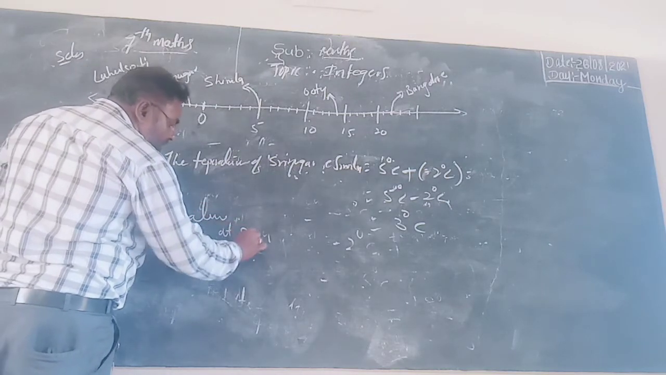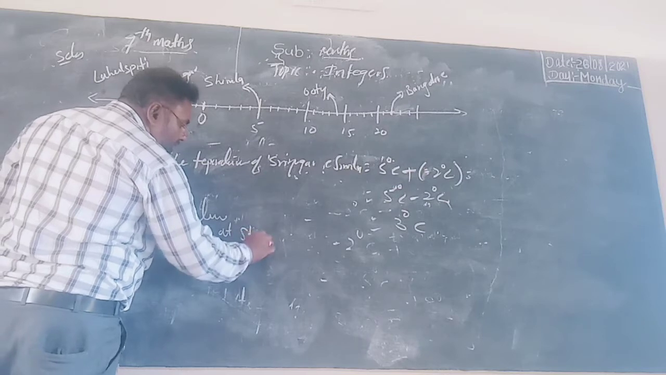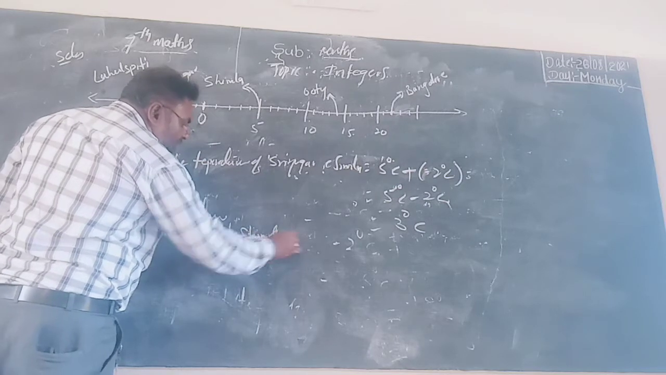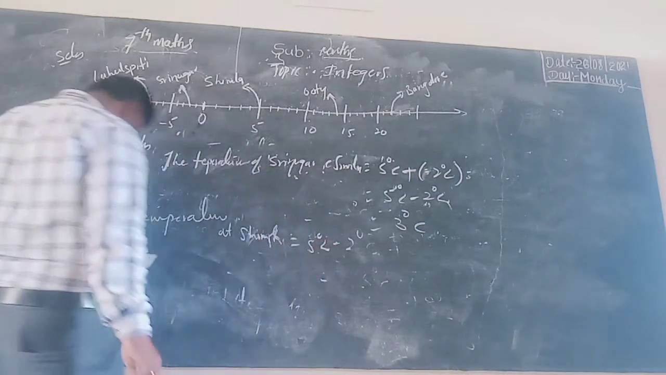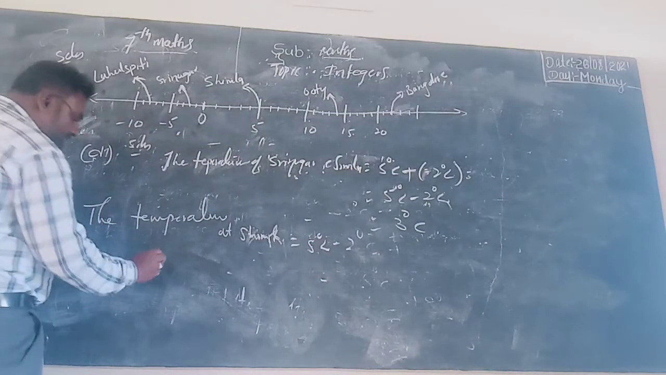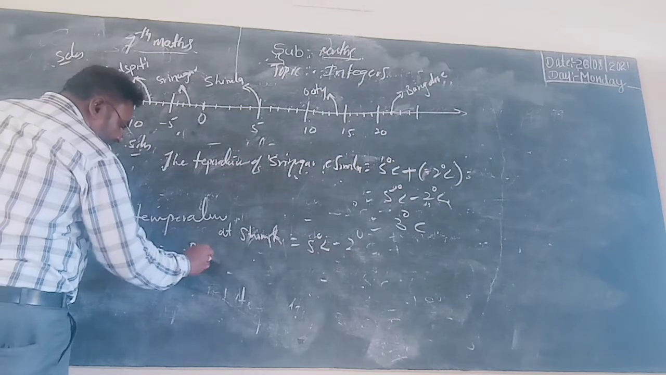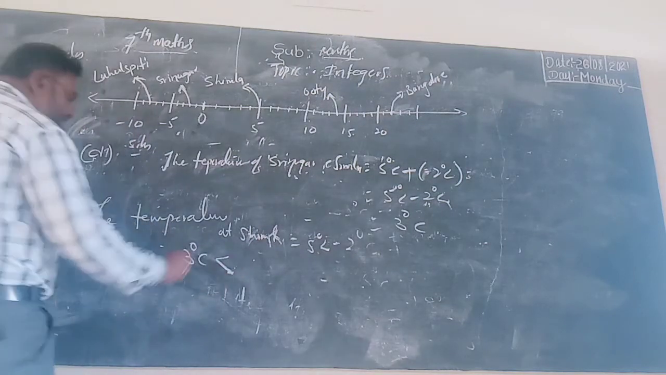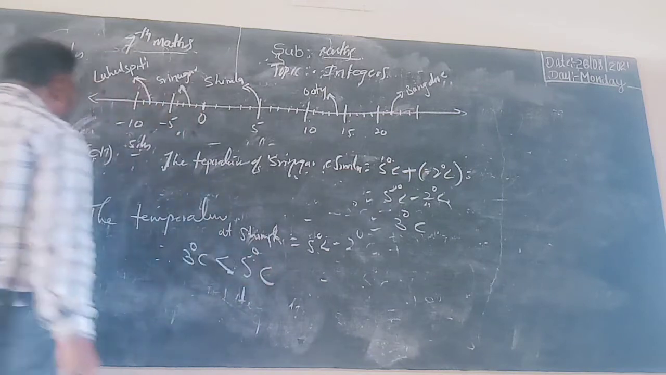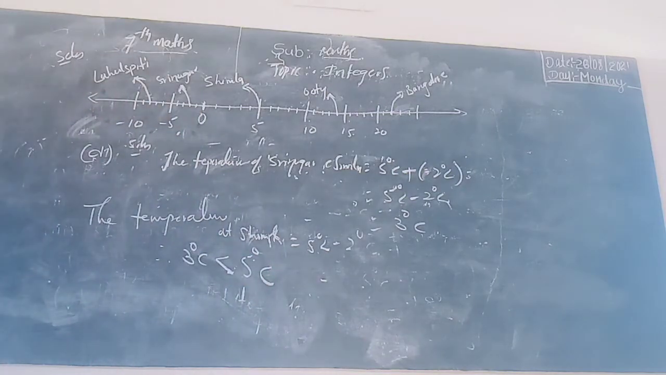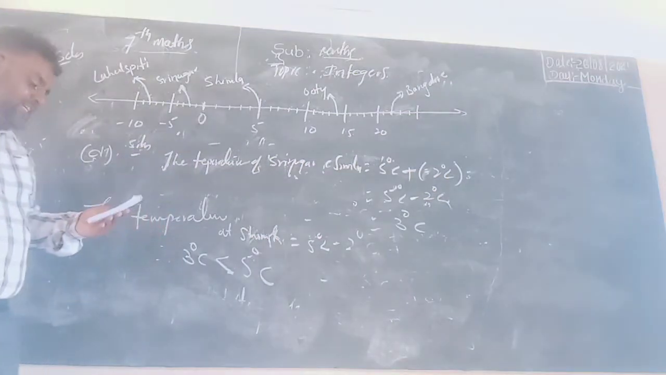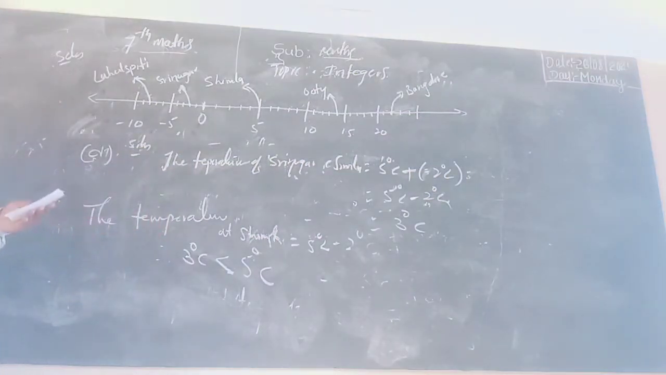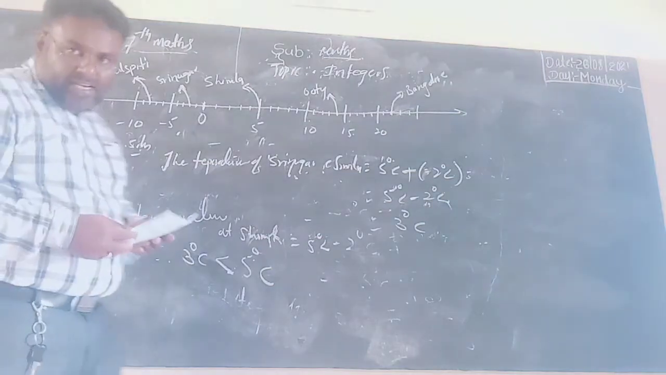the temperature at Shimla is equal to 5 degree centigrade. Therefore, 3 degree centigrade is less than 5 degree centigrade. Thus, the temperature of Srinagar and Shimla taken together is less than the